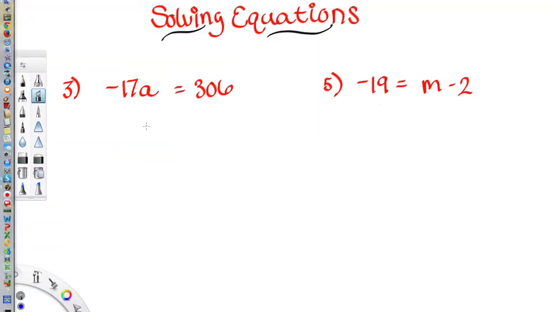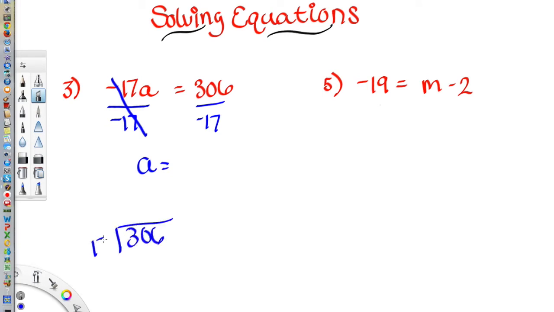The next two problems that we'll look at for the classroom assignment will be numbers 3 and 5. Number 3, I have -17 times a is equal to 306. Slow down, Bob. What's happening to the a? Before we can do the inverse operation, we have to know what operation is being performed on it. It's being multiplied by -17. What's the inverse or opposite of that? Divide by -17. And what I do to one side, I have to do to the other. My -17s cancel out. I'm left with a positive a is equal to